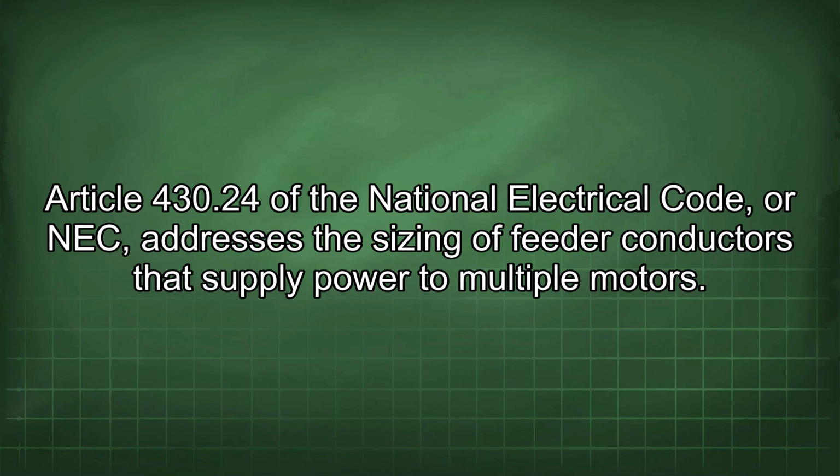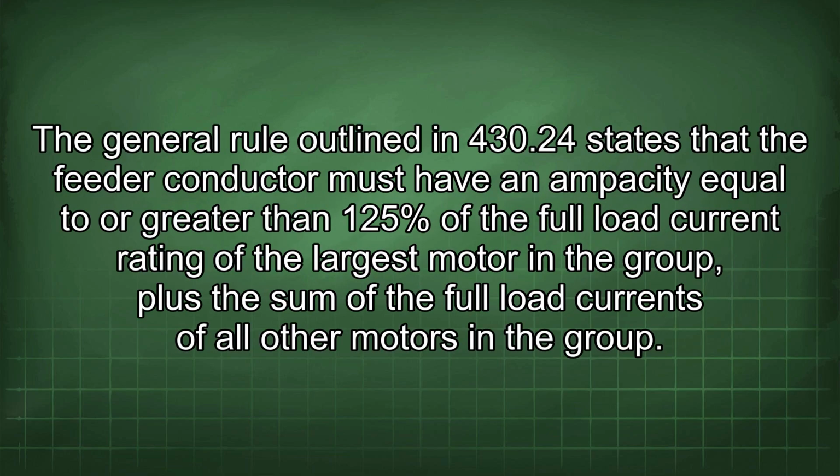Article 430.24 of the National Electrical Code, or NEC, addresses the sizing of feeder conductors that supply power to multiple motors. The general rule outlined in 430.24 states that the feeder conductor must have an ampacity equal to or greater than 125% of the full load current rating of the largest motor in the group, plus the sum of the full load currents of all other